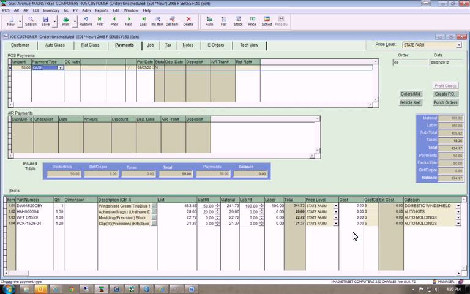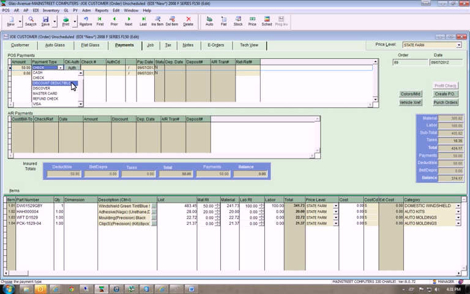So we would put in that amount, and then from the payment type, we would pick how they paid us. Now, one thing to keep in mind with insurance work is sometimes you may waive all or part of their deductible. So if you do waive part of the deductible or all of the deductible, you need to put in the amount that you waived, and then for the payment type you're going to pick discount deductible, and then this